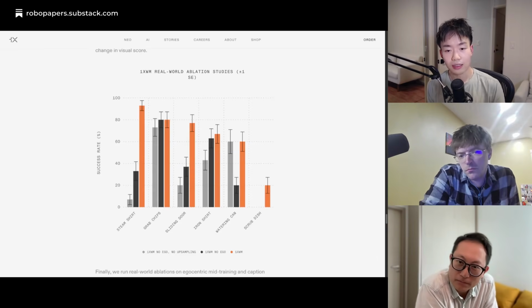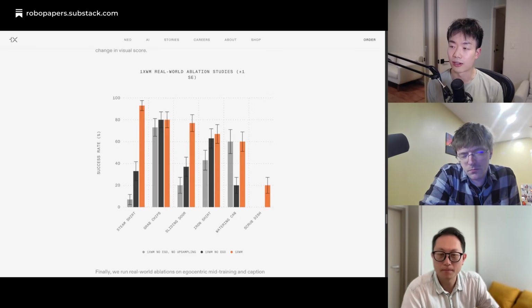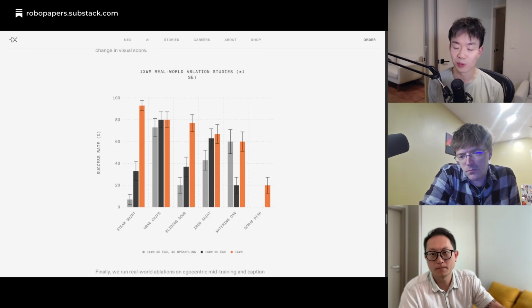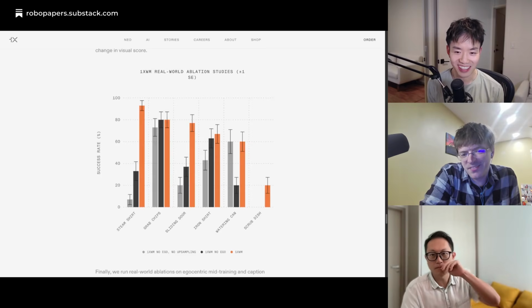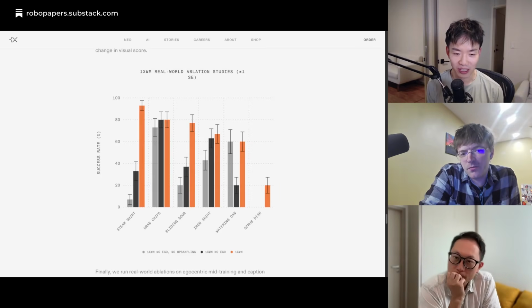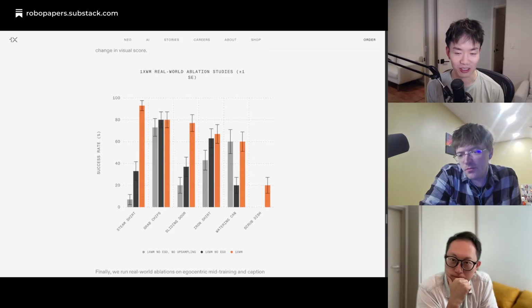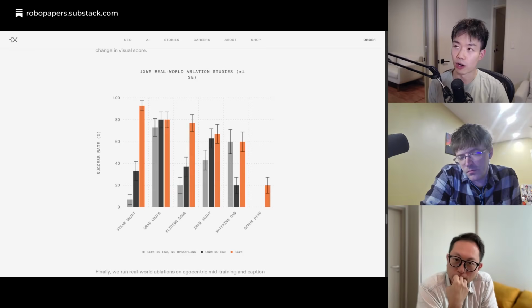Yeah, I think the takeaway I have here is that the work is still early and there are so many ways to improve from this. Given we didn't try very hard to fit to the scrub dish task, you could, like you said, be more targeted and collect that. It wasn't the intention of the work to show results like that, because the study here is at a high level.